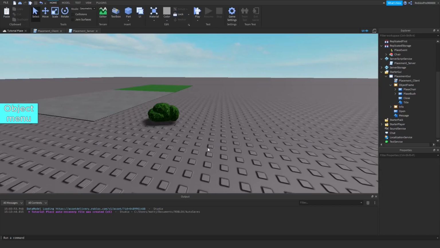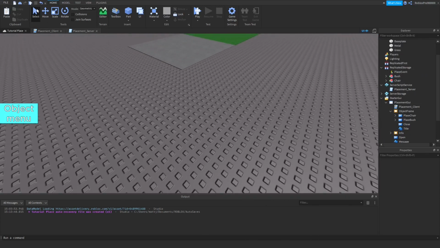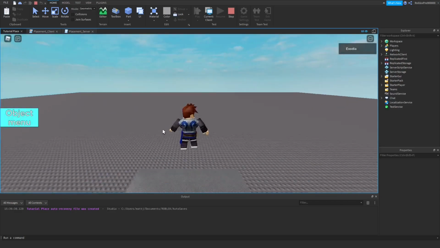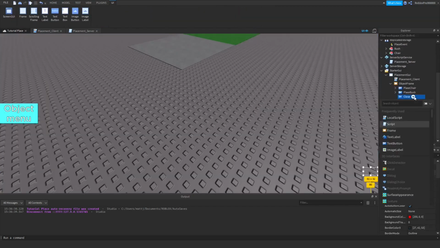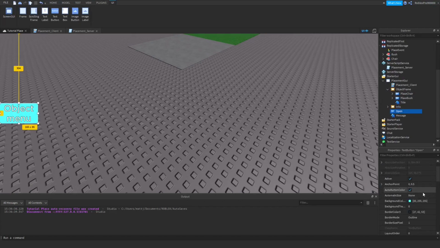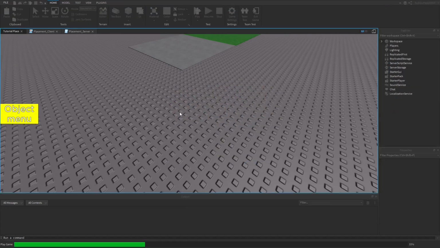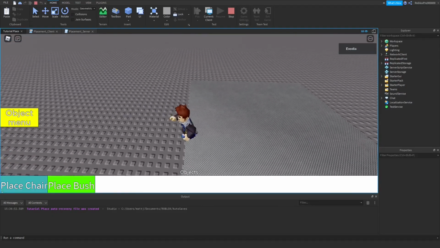We can test that as so if we want. So we'll put our new model in replicated storage. And let's test this out to make sure that our code is adapted and working just fine. So we'll open up the object menu. Oh, we actually don't need that X button, because we just have it to where we open this, which I'll also recolor so there's no confusion with the buttons. Make that yellow. So we open up our menu, we place chair,